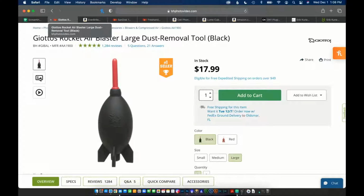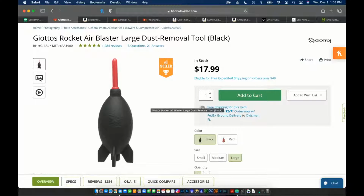So let's jump right into it, right? A piece of gear that I totally recommend, if you're looking for a gift or if you're just looking for yourself, is this right here. I know I've talked about this before, but it's something not to be overlooked. This is the Giottos Rocket Air Blaster. I like the large one just because of the amount of air it can move. What this does is it allows you to clean dust off your camera, off your sensor, without having to